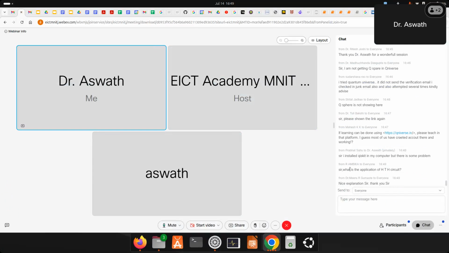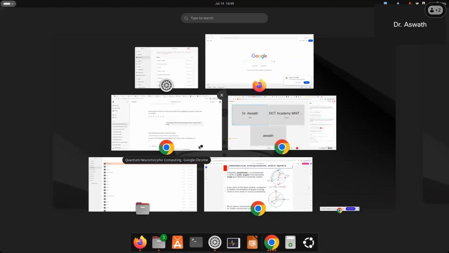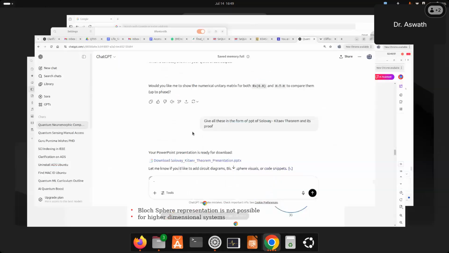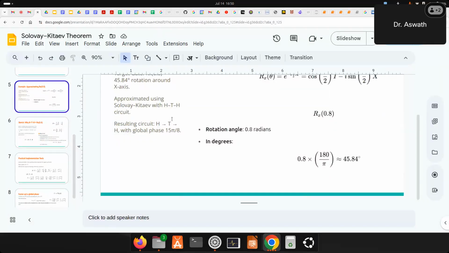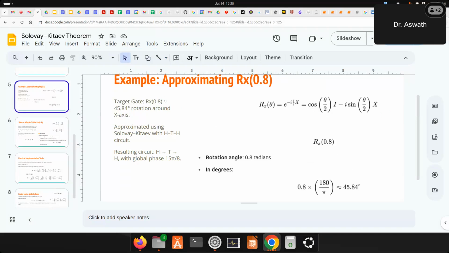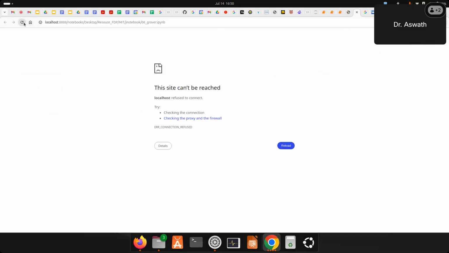So what is the explanation of HTH? This is only for one of the cases. Remember, only one rotation gate about pi by 8 radians is obtained with HTH. I have a notebook, which I have to relog into my Jupyter notebook to get, but anyway, I'll share that on Canvas. You can go through it.